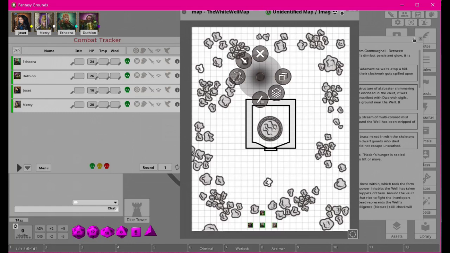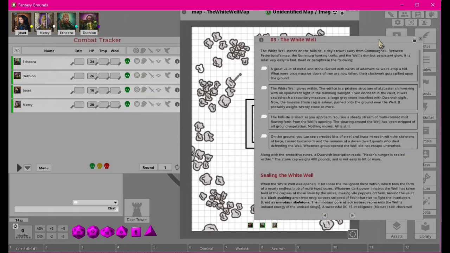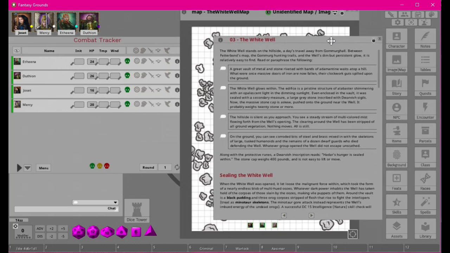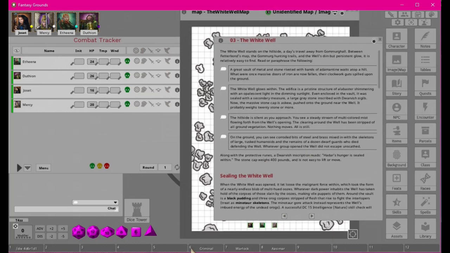Someone took a potion because they didn't have one, but they continued off. I believe it was 20 miles? Let me just see real quick. It's not too important. So now our intrepid heroes have now arrived at the outskirts of the actual White Well,